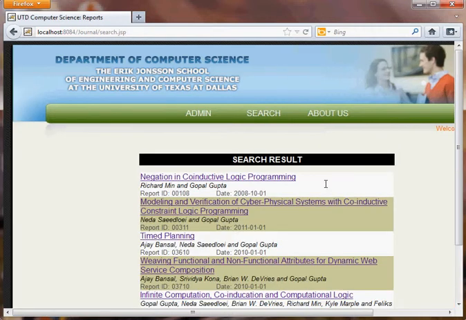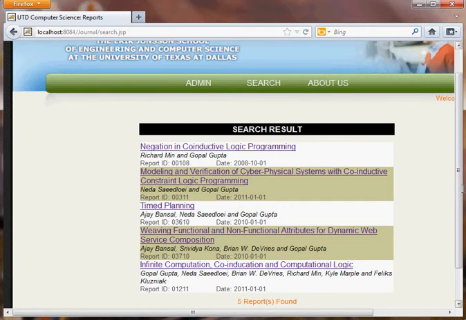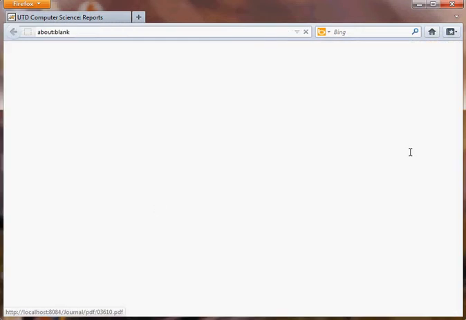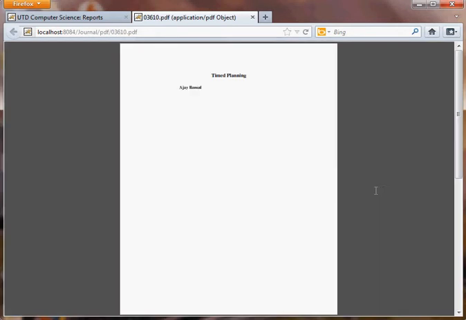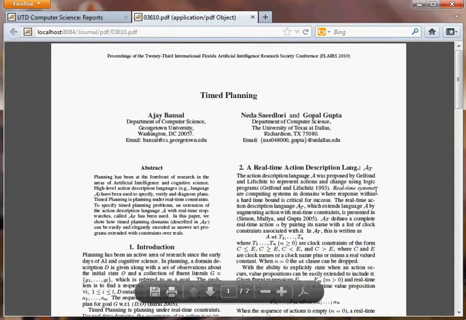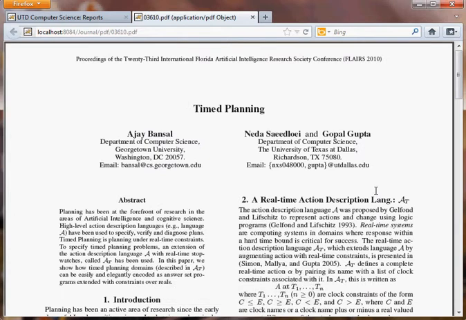So these are the search results for the given criteria, and now if the user wants to view one of these reports, he can just click on the title. So here we have the electronic format of the report.